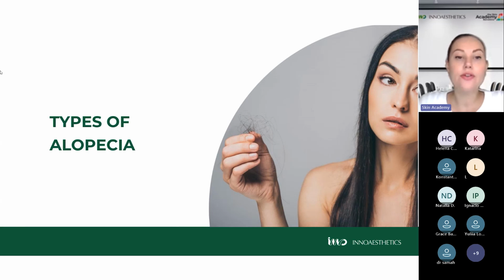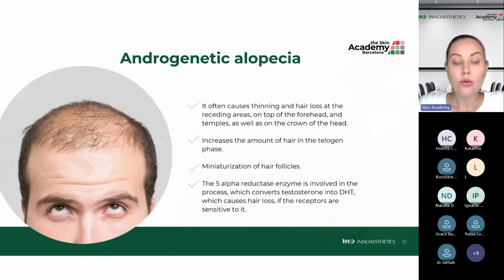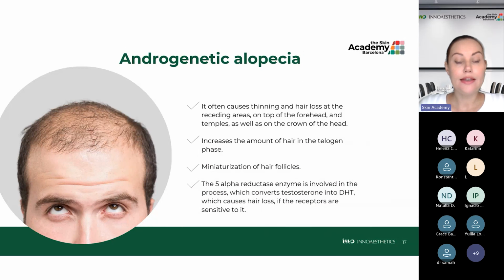So these are the results which you can obtain using INNO-TDS Hair Loss Control and Hair Vital, depending on the types of alopecia. Let's discuss the main etiological factors and the main classification of alopecia, and those kinds of alopecia that we are working with. First of all, that can be androgenetic alopecia. Unfortunately, this is an issue not only for male patients, it can also be problematic for our female patients, especially for those who have certain hormonal disbalance, because one of the main etiological factors of this kind of alopecia is the